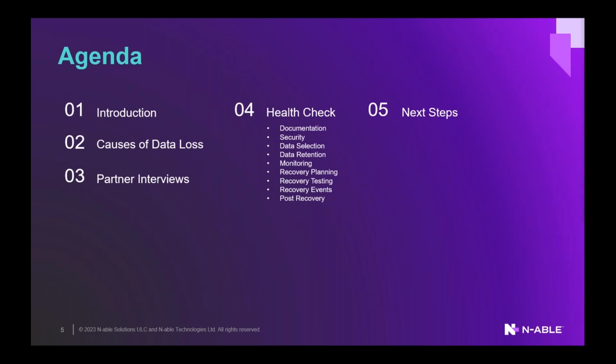We'll go through a health check, talking about some of the common missteps and resolutions that I see around things such as proper documentation for recovery, security enhancements for your backup environment, making sure you've got the right selections and data retention in place, and ongoing monitoring, or managing and monitoring by exception. We'll look at recovery planning, recovery testing, missteps or common improvements,